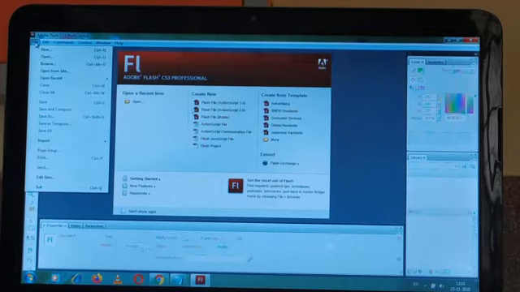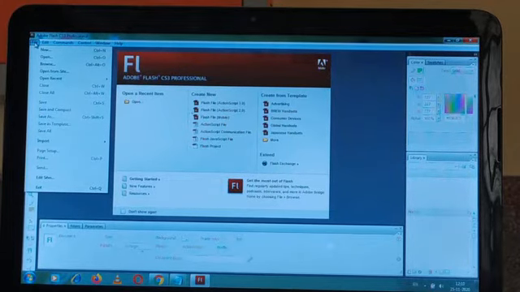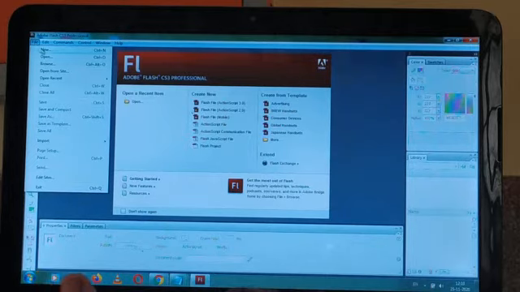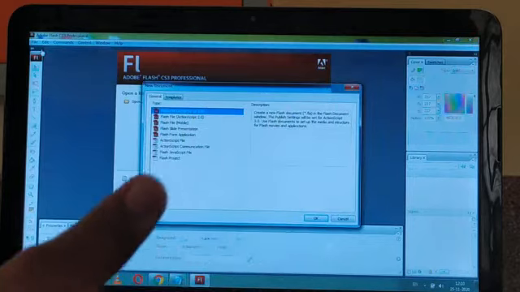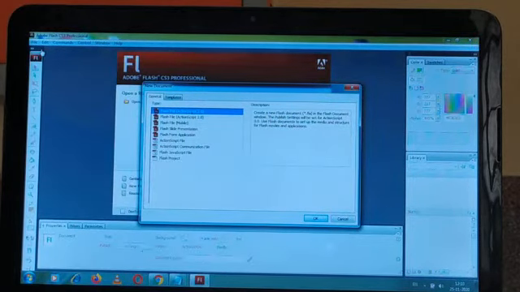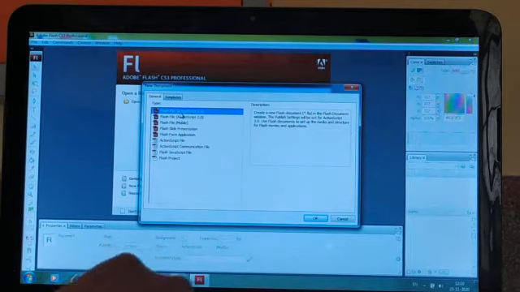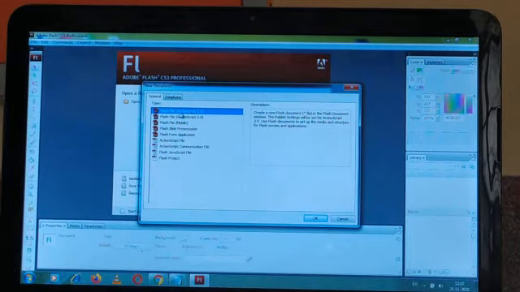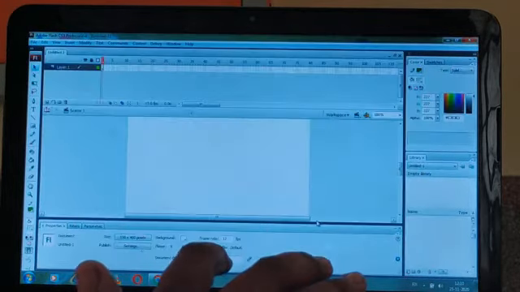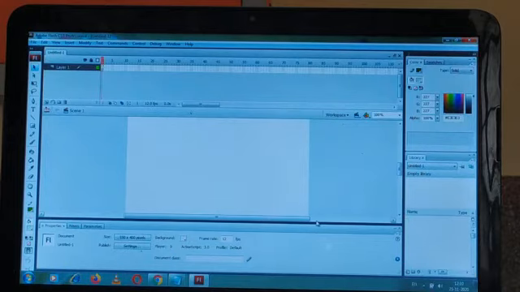And students, always remember that the files that are created in Flash are called movies. Okay. So here you can select the New option. Now you can select this Flash File ActionScript 3.0. You can see all the steps from your book. Okay students, now you have to click the OK button. So it will create a new file.